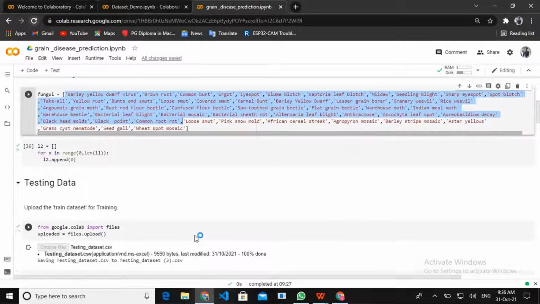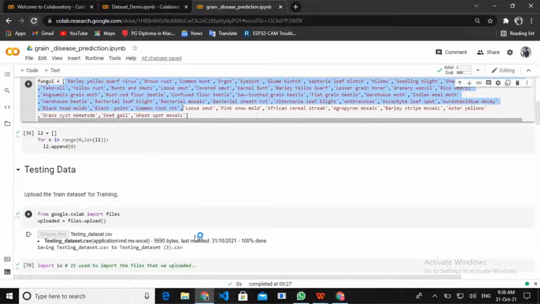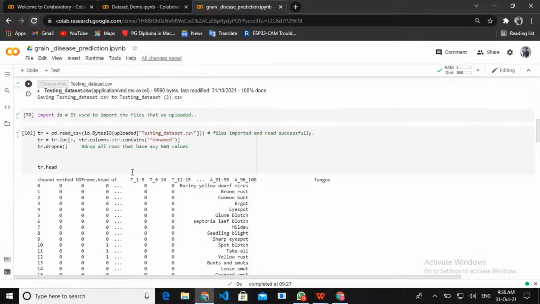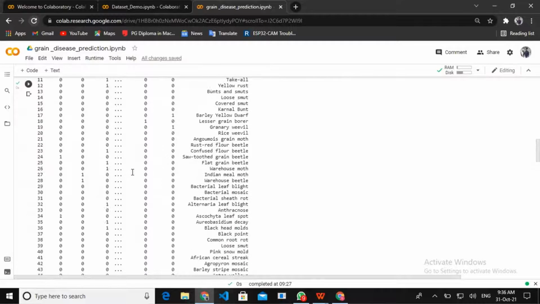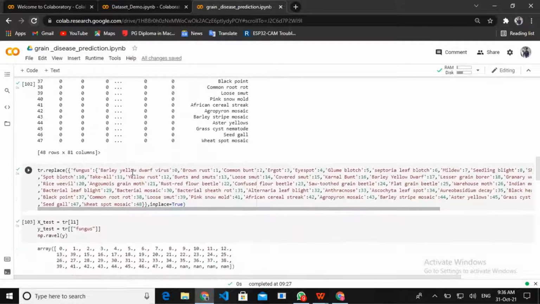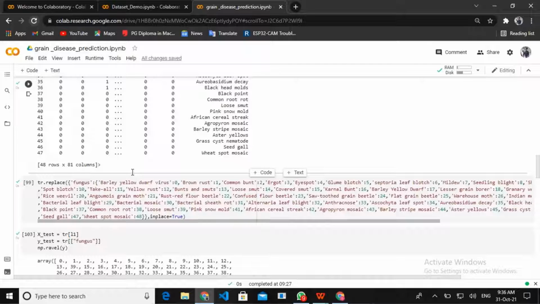To test our module, we have uploaded the testing dataset.csv file for the testing purpose, and we are reading it using pandas. Here we have converted our fungus names into numerical values to form the array for training our module.